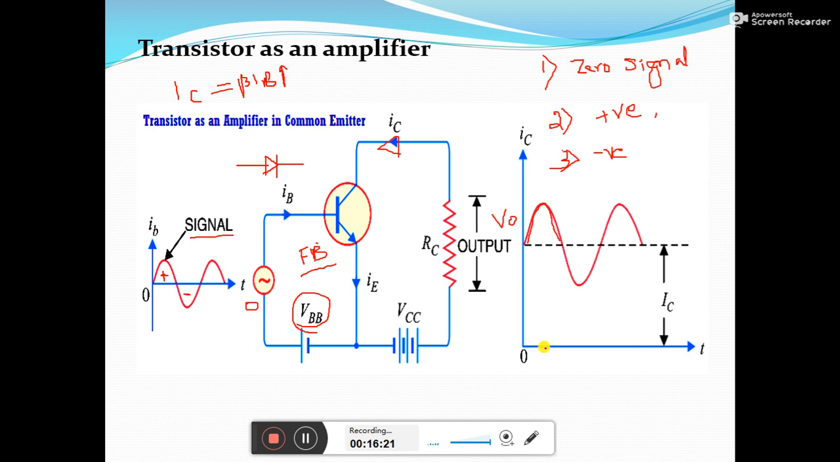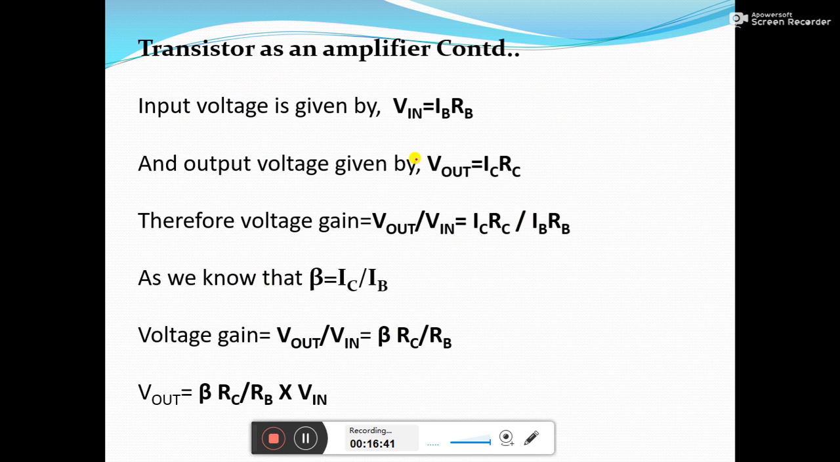Remember, there is no negative cycle here. The shape will look like this, but these values are all positive only. Here in the input you get positive and negative values, but in the output you get only positive values, with a larger magnitude. The input voltage